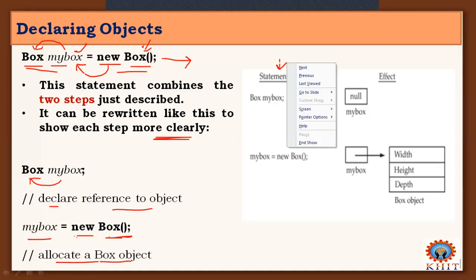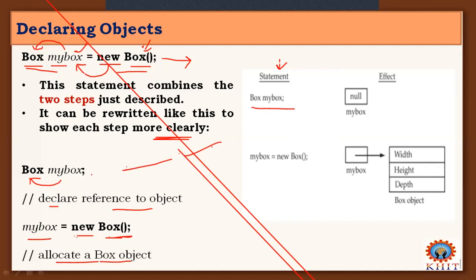So when you write Box myBox like this, object declaration, it creates one variable, and this variable of class box contains a null value. It doesn't have any memory location of an object, or doesn't mean an object.